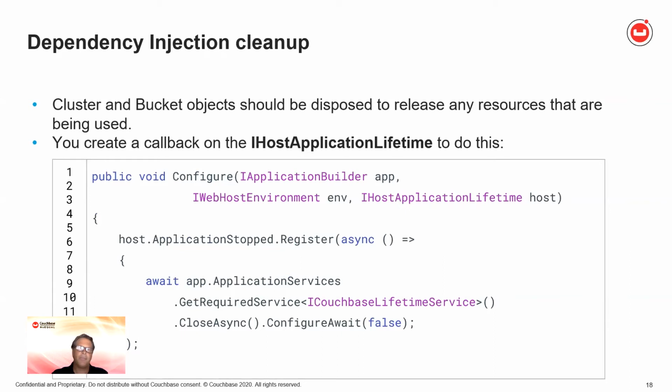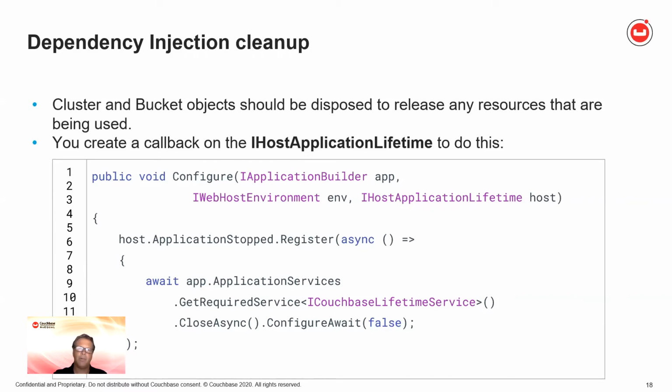Dependency injection cleanup. So cluster and bucket objects, while they're long-lived, they do hold things like threads and use sockets. These are things that you want to release back so the operating system can reuse them. To do this, you create a callback on IHostApplicationLifetime in your Configure method of Startup.cs. To do this, you simply add IHostApplicationLifetime host as the parameter. You then call